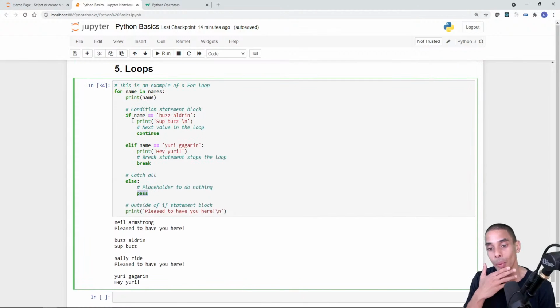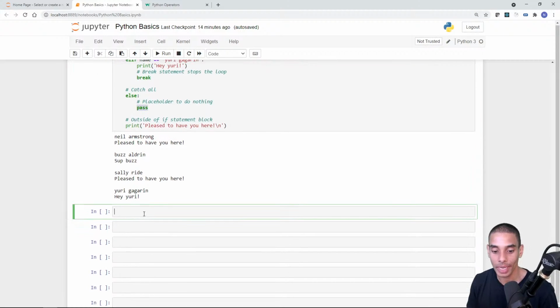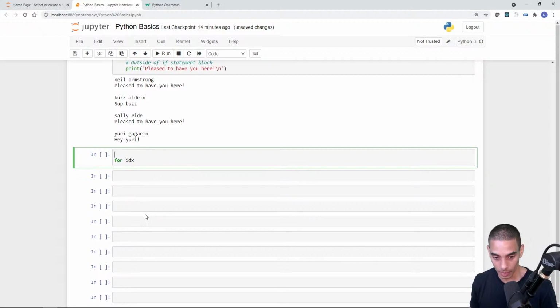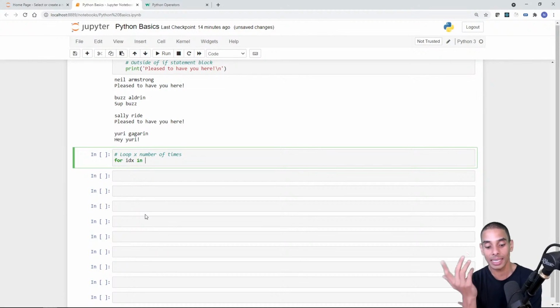Now, say for example, rather than looping through a list, we actually wanted to loop a set number of times. Well, what we can do is use a function called range. So we can write another for loop. Normally what I say is for idx, so index. And let's actually add a comment: loop x number of times. Okay, so for index or idx in